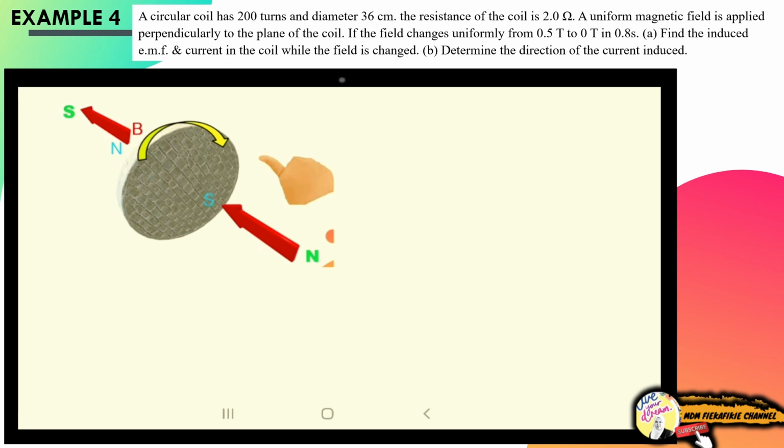Lepas tu saya letak dekat sini, okay. Lepas tu saya edit lah, okay. So, a circular coil, okay, tengok pada soalan: a circular coil has N equal to 200 turns and the diameter